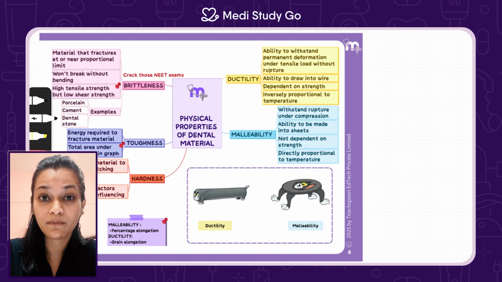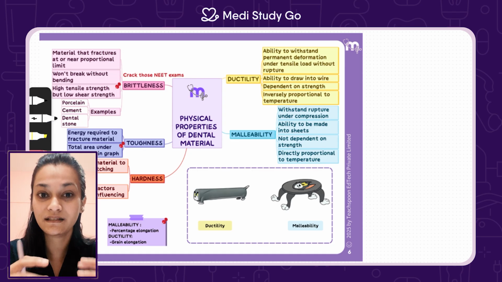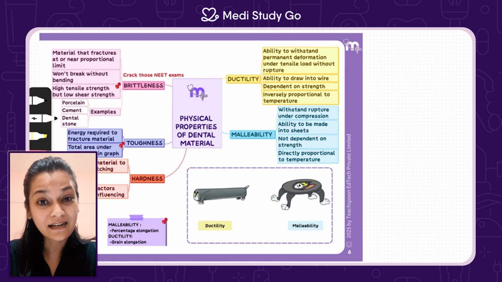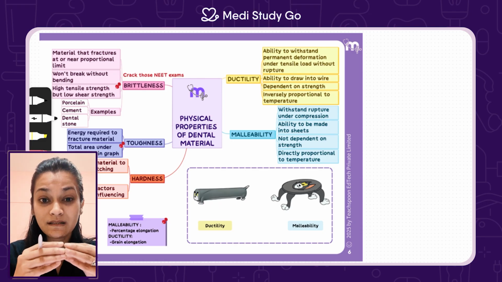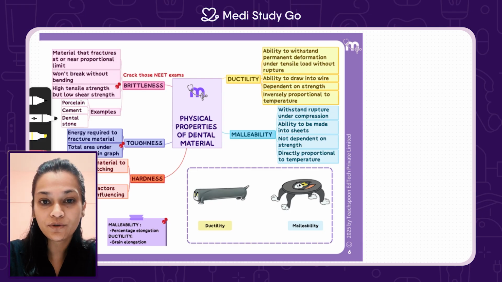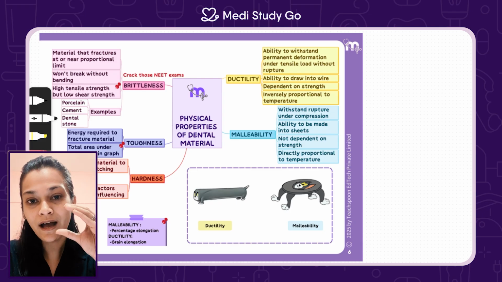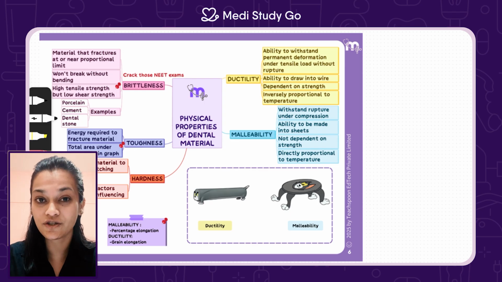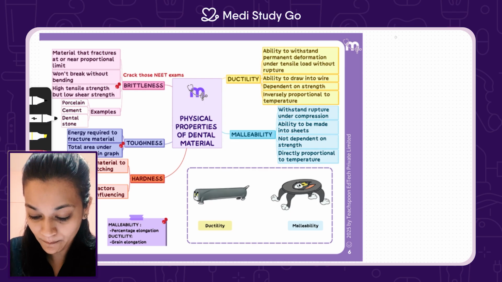Ductility is the ability of a material to be drawn into wires. Ductile, right? Duct, like ductility. That is how you can remember. Now, whenever something is being drawn into wire, it needs to be stretched. You just have to remember this one thing. You have a block and you need to actually stretch it. So, what you need to remember for